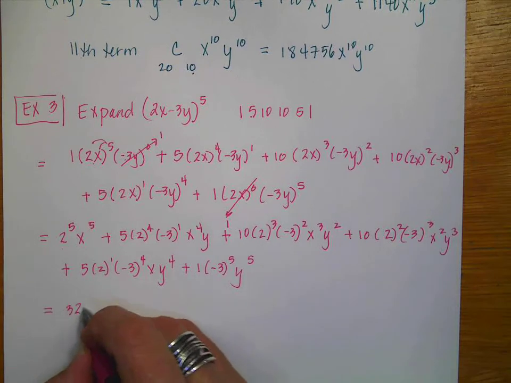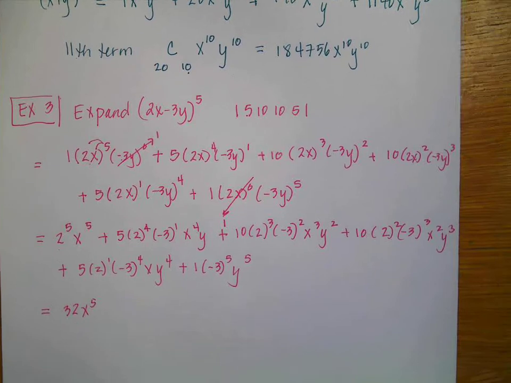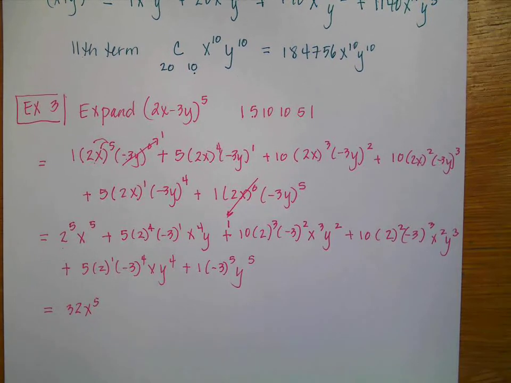So now I'm going to start using my calculator to help me with numbers. I actually know the first one. 2 to the 5th is 32, x to the 5th. Yay, got the first term done. And then what I would do as I log back in